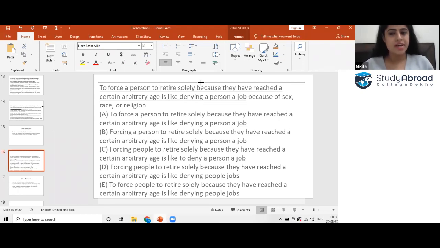Can you do it already? Now you see the difference, but because it's the starting of the sentence, you're not able to decide whether it should be to force or forcing, and you might feel that it is too early for us to decide on it. So this is the actual thing that I'm trying to discuss right now: even if you feel stuck and the answer is not coming right away, you should not stop. Move on and start looking for the other errors that the options are bringing. Try to have a look over there. All right.